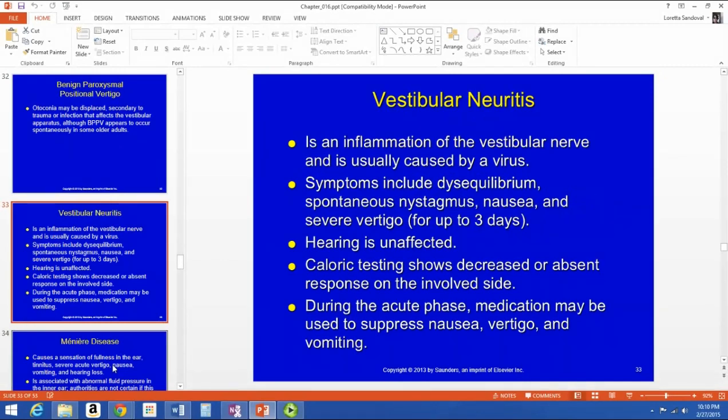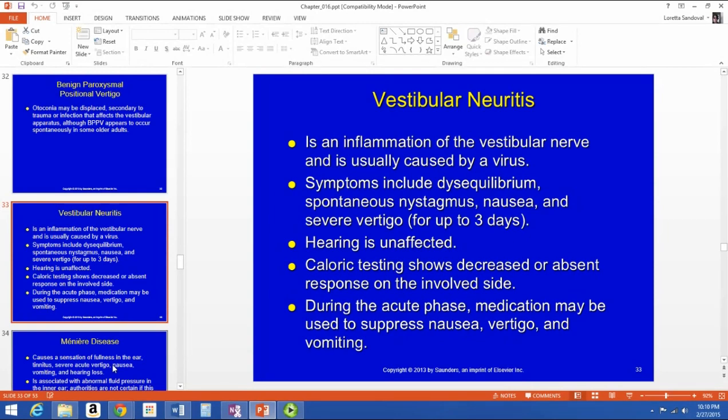So disequilibrium, spontaneous nystagmus, nausea, and severe vertigo for up to 3 days. And you don't have any hearing loss. You have decreased or absent response on the involved side to the caloric testing. And during the acute phase, sometimes they use anti-nausea medication. There's a couple of anti-vertigo medications that they'll use, and the anti-nausea they'll use to try